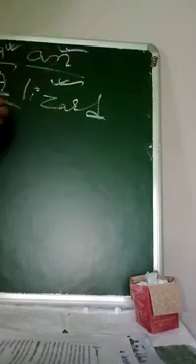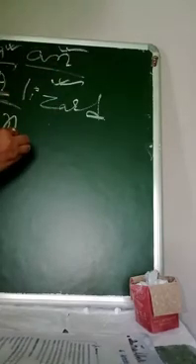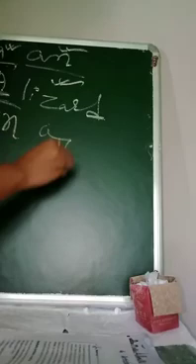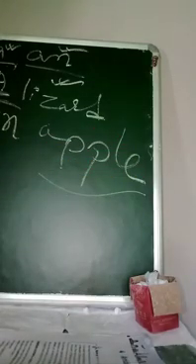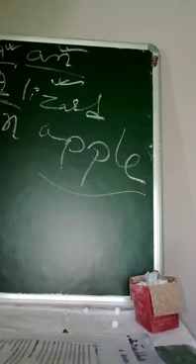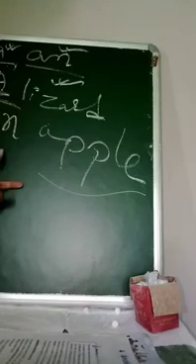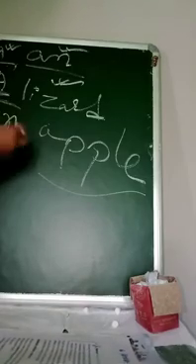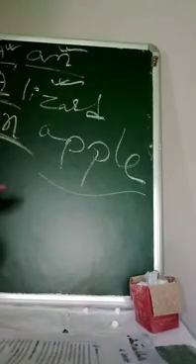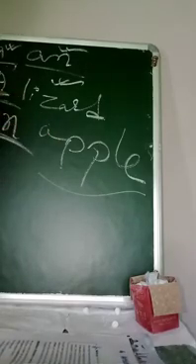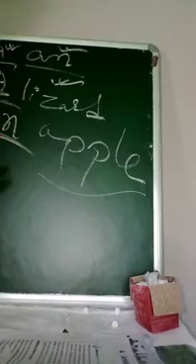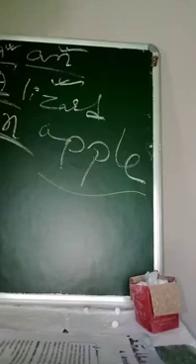Okay, then an apple. So this means what? There is only one apple. Singular. We don't say one apple. When we are writing, we write she has an apple. As soon as we write this, that simply means this is singular. This is the basic rule to see where we can put a and an. So these two are called indefinite articles.